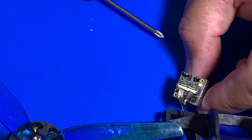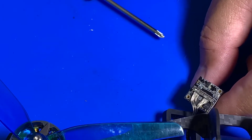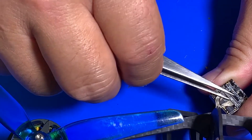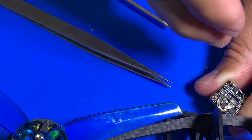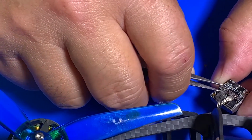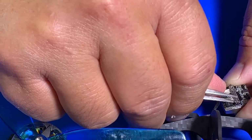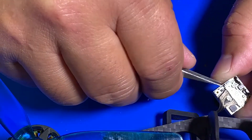So what you do here is you need something small and thin, and you basically put it underneath here and pull it upward. The connector actually sits down straight, so you don't want to rip any of this little cable here. So you want to pull it up straight. Okay, very careful. Put some pressure,